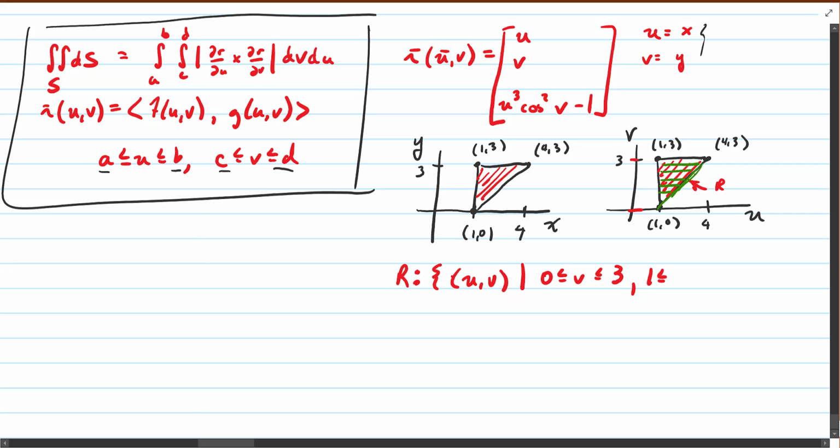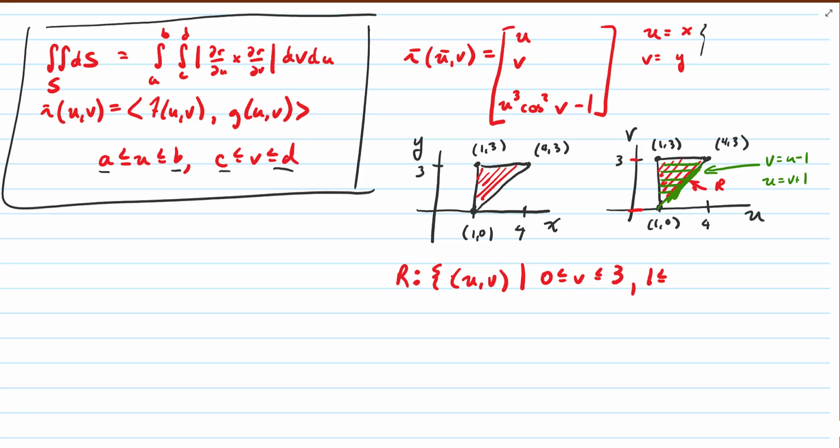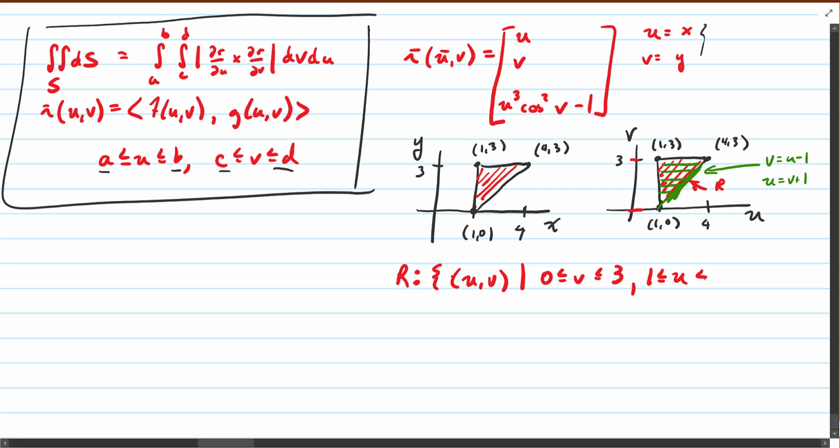So let's go ahead and describe this boundary line right here. One way to say that is the boundary line v equals u minus 1. But because I want to integrate with v being the outer integral, we'll write this as u is equal to v plus 1. So we have that our u goes between 1 and when we hit that curve, which we're saying is the curve v plus 1. So now I've described this region, and now we're ready to jump into computing the